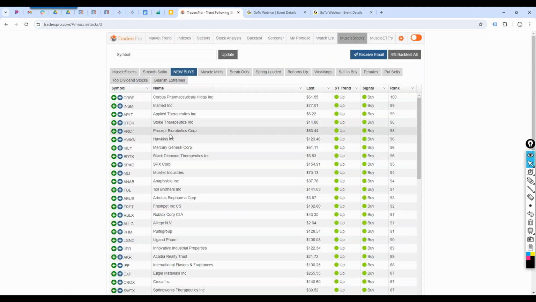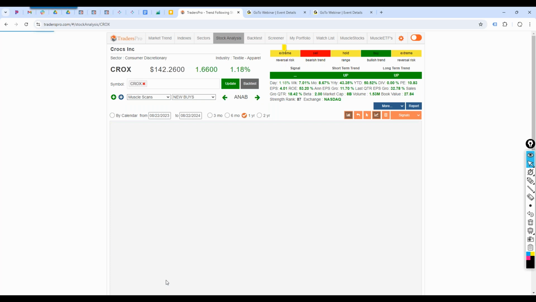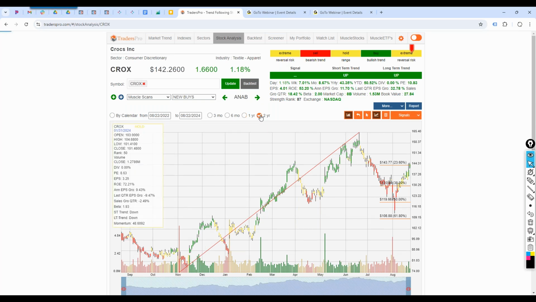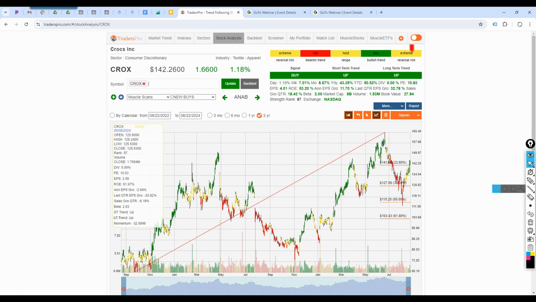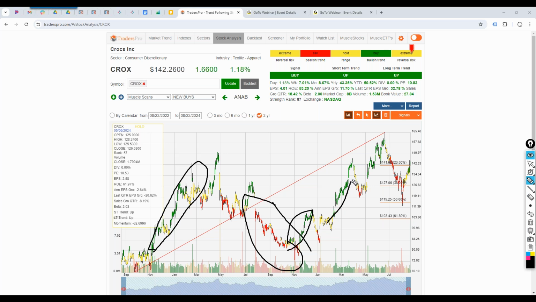We go in, and there's always going to be something in here that's working a little bit different than the last round of stocks. Crocs, for example, let's see if I can go back far enough. This stock's been all over the place in terms of its uptrends and downtrends. But when it has these real big run-ups, that's a great stock to trade. During these nasty downturns, even here, we might be able to catch the move here and here. This is what we're focused on, the primary focus.